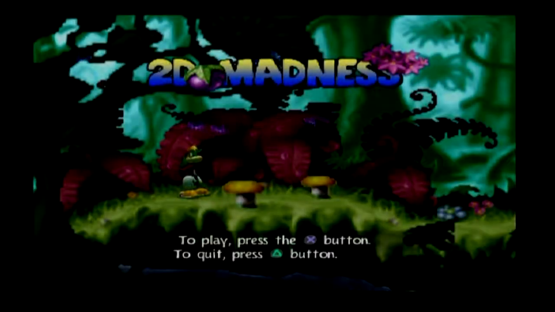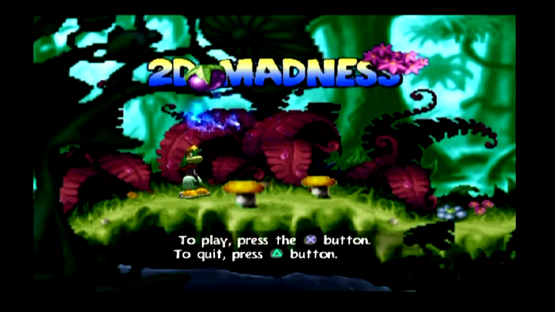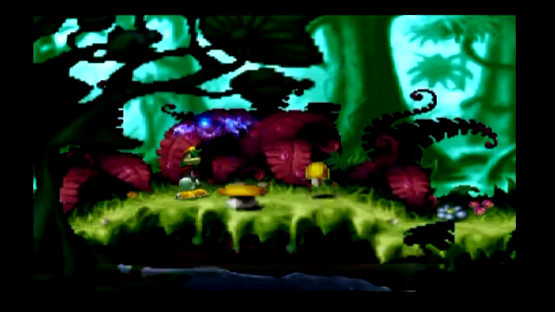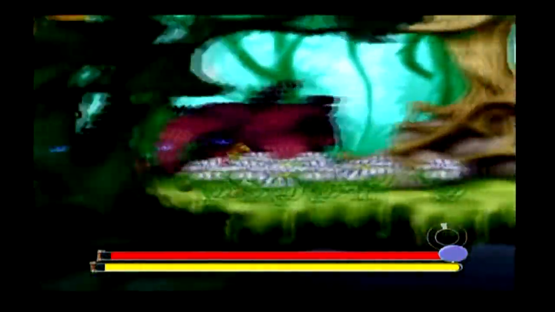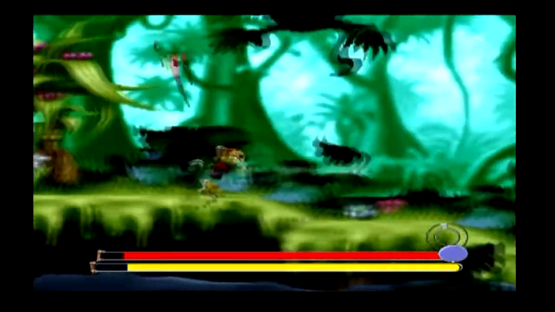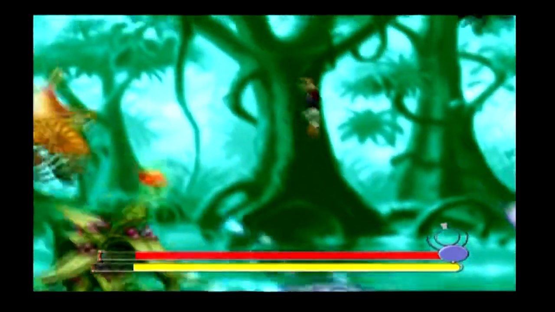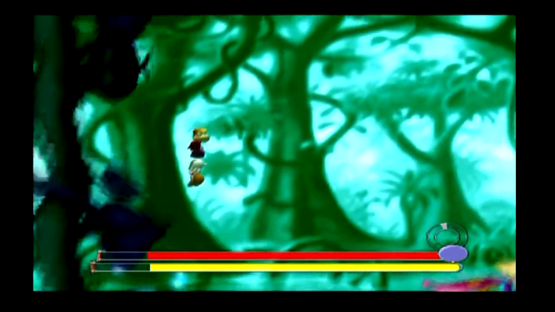2D Madness! It is about as pixely as Rayman 1, except the blue butterflies are here for some reason. I don't get why, those were only in Rayman 3. Sometimes, Rayman remembers being a kid when everything was in 2D. Except, Rayman had, like, a better punch, kind of. Okay, not better, different. Where are the shiny things that you touched and then it made, like, 1,000,000 enemies appear? 1,000,000 old men with boxing glove guns. Oh, no, it wasn't boxing gloves, it was just...